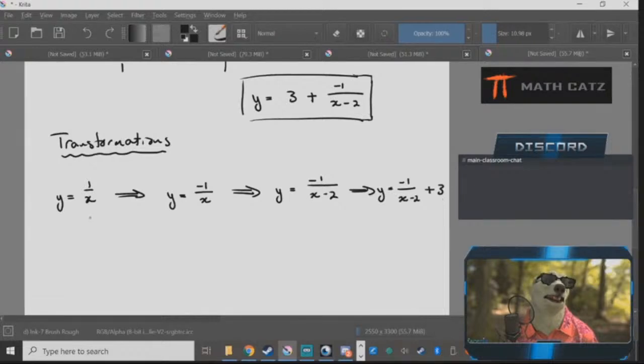So what are the graph transformations? Let's just talk through them. I have a reflection. It's vertical, right? Vertical reflection. Let's write that down. Vertical reflection. Then I have a replacement of x with x minus 2. So that is a horizontal shift by 2 units to the right because it's x minus 2. And lastly, I'm adding 3 to the right-hand side, making it a vertical